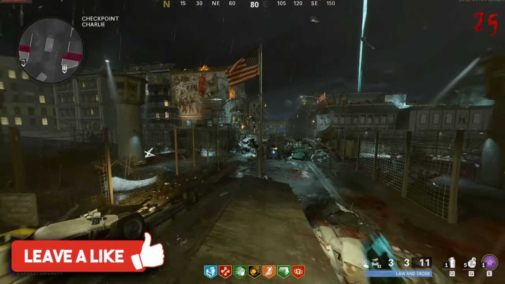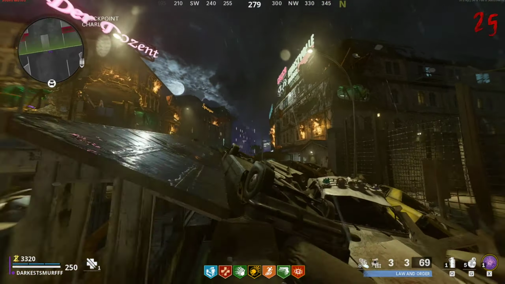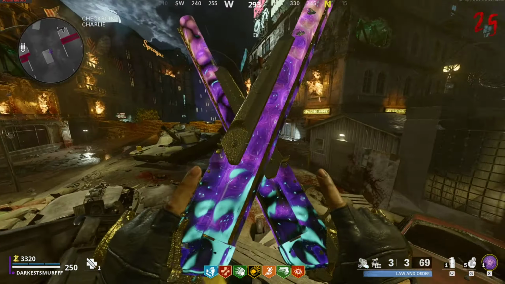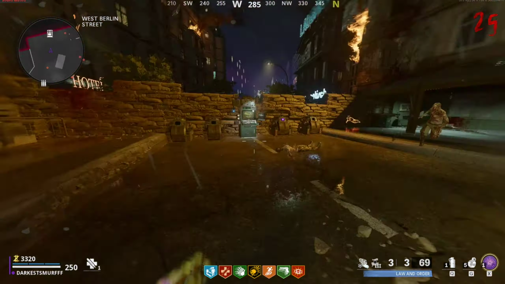So here we are on round 25, and you see here I have over 30,000 points, so I am now Pac-a-Punching, and you see here they do look pretty cool. Not in the yellow, that's not a really good color, but in the all purple and blue it looks great. You see the little gold tints, and we will be testing this against hordes and some of the specials, probably